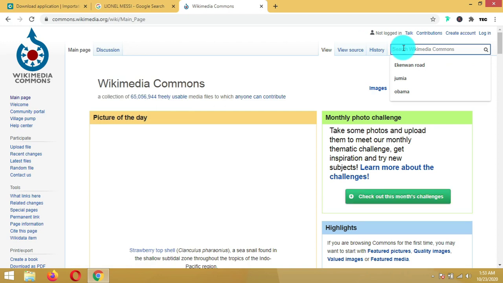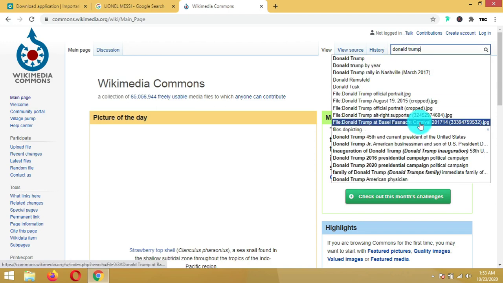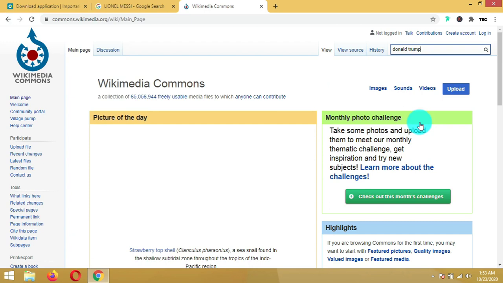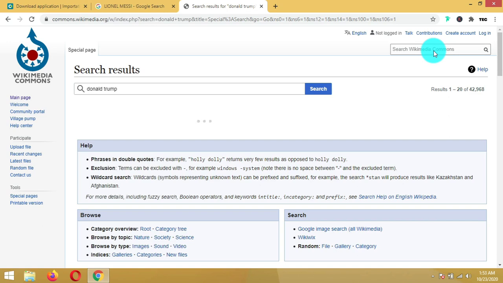Let's go with the same example, Donald Trump. Search. It's loading, so we have to exercise some patience.